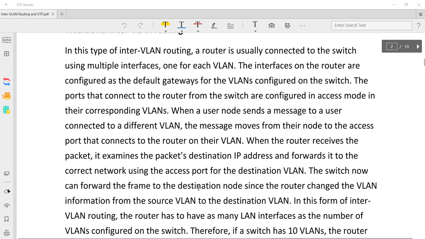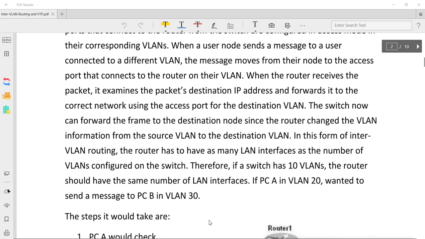Now the switch can forward the frame to the destination node, since the router changes the VLAN information from the source VLAN to the destination VLAN. In this form of inter-VLAN routing, the router has to have as many LAN interfaces as the number of VLANs we have. Therefore, if a switch has 10 VLANs, the router should have the same number of LAN interfaces.